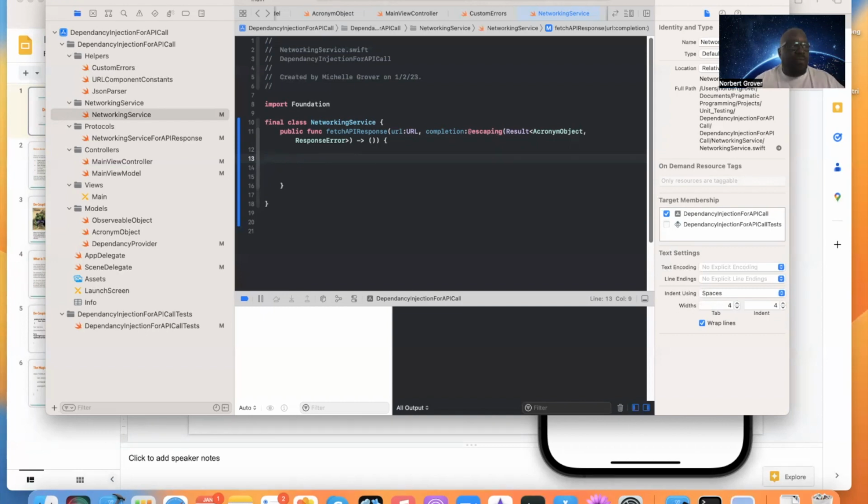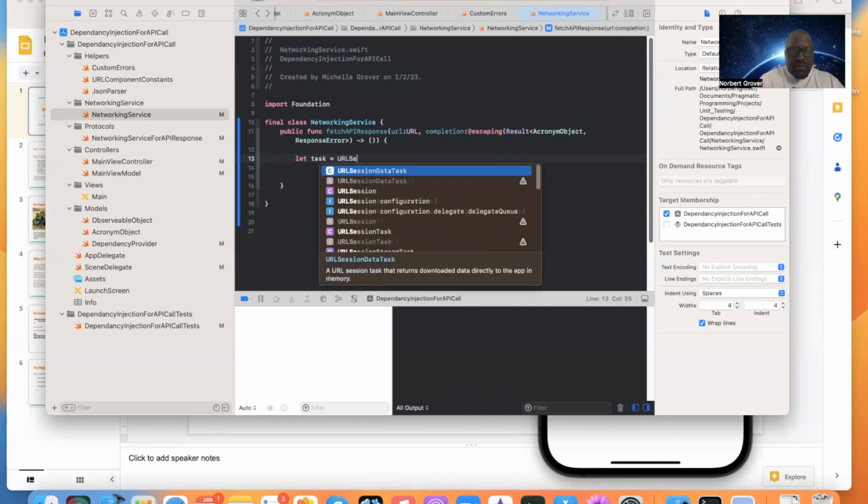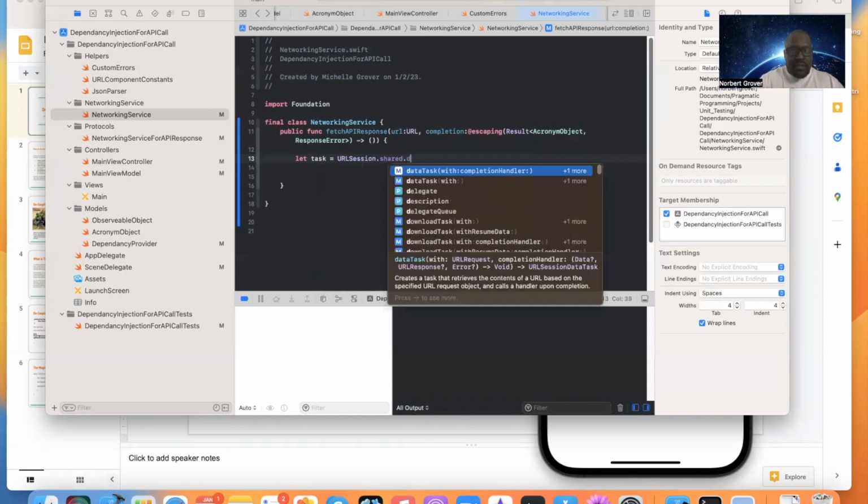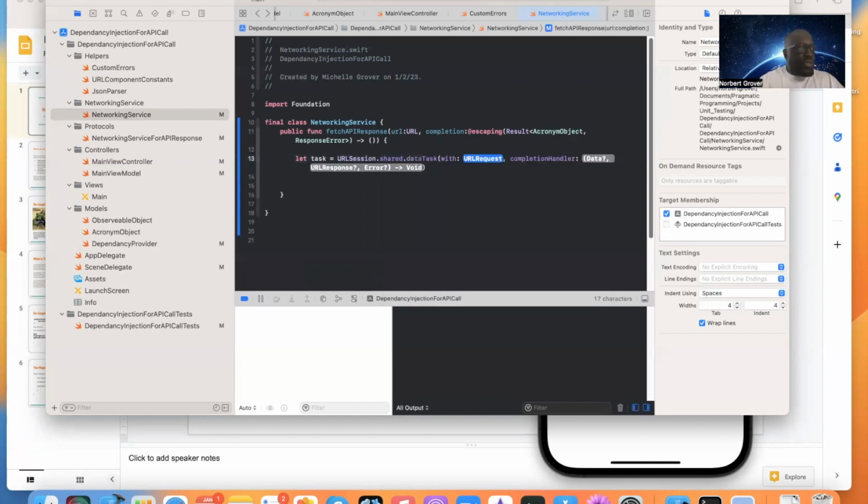I personally prefer to pass everything in as a dependency. Right now we only have one dependency, the URL, but you can make your URLSession.shared a dependency as well. I'm not going to do that right now. Let's get down to brass tacks. task equals URLSession.shared.dataTask(with: URL)